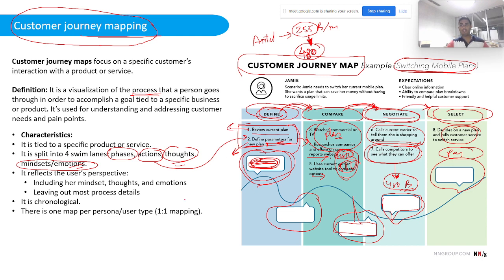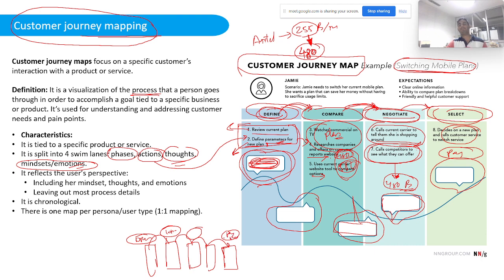Then probably the way a user will use that particular mobile bank may again be divided into 5 or 6 phases, which may be of different levels. For example, it will be like opening, then login. So these are phases. Finally bill, pay bill. You can have authentication. Okay, so these are various phases. Again, you can use the mental thought processes and emotions. You can record those across the